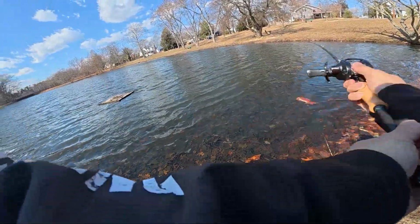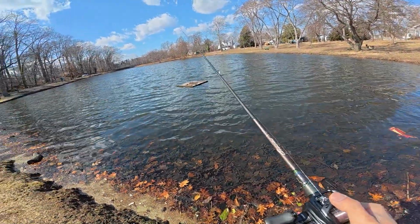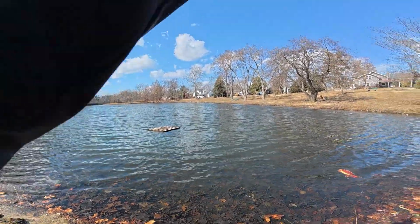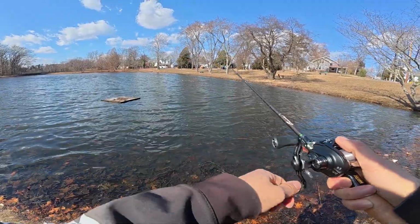All right, so let's cast that into the wind. We have brake 10 now, and I try to cast a little lower too so that we don't catch the wind. I think that was a bite. That was crazy. But let me just work close for a second, because you can see that there's a bend